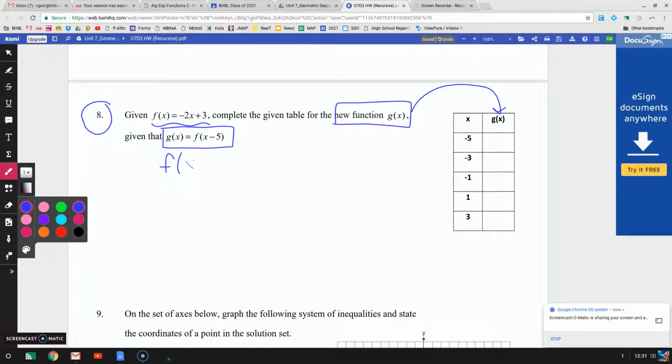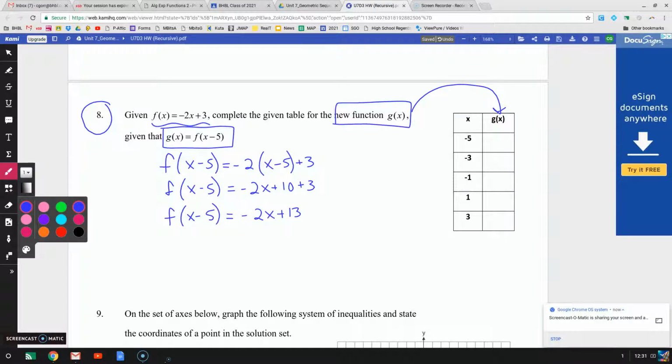So if I have f of x minus 5, I'm going to plug that into my f function, so -2, substituting in for my x value, plus 3. So f of x minus 5, I'm going to distribute my -2. I'm going to then combine my like terms. So my new function g of x is really -2x plus 13. So since this is now g of x,